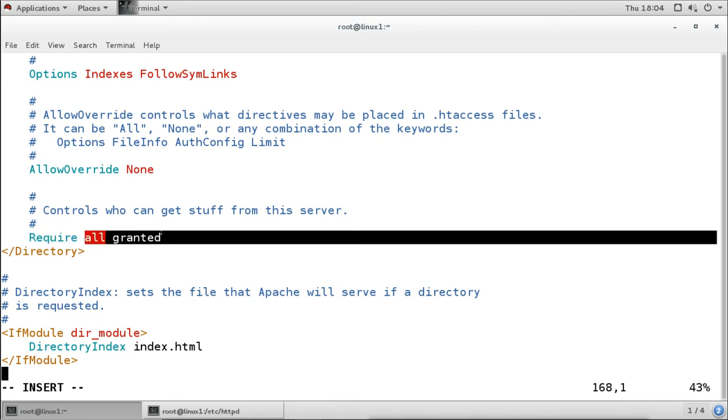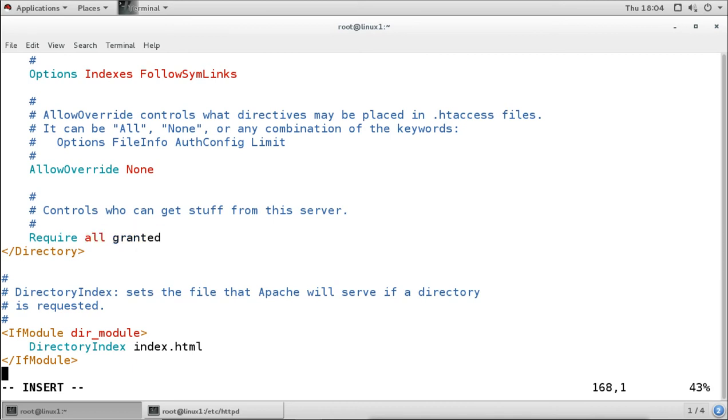That means the default document root directory is granting access to everyone, but we can decide who can get it. We can add a domain name here, like star.example.com, so only our domain is granted. We can add the network IP or domain name here, so that only those can access the stuff from this server.